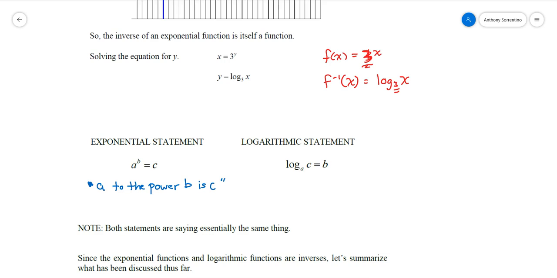Whereas the logarithmic statement, if I want to translate it into English, I would say the power of a that gives c is b. Or I can even say